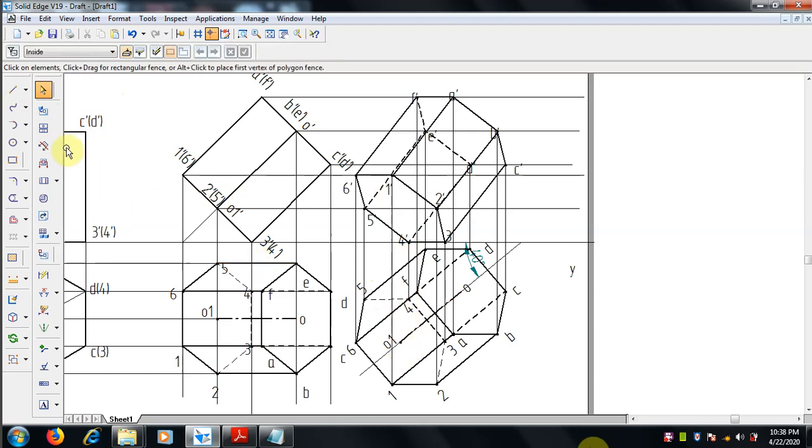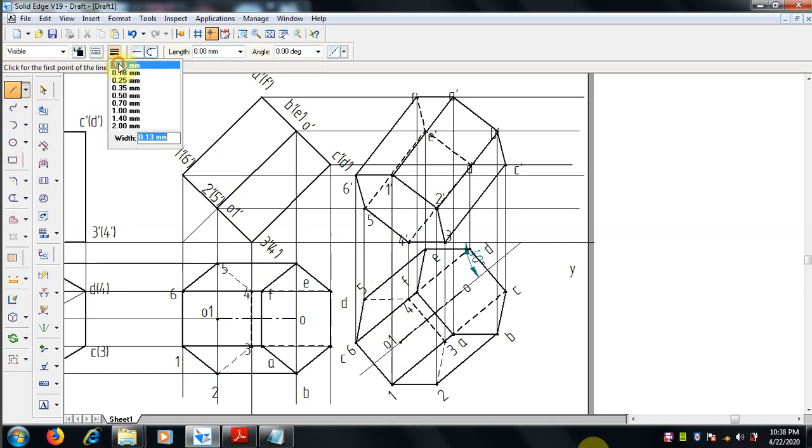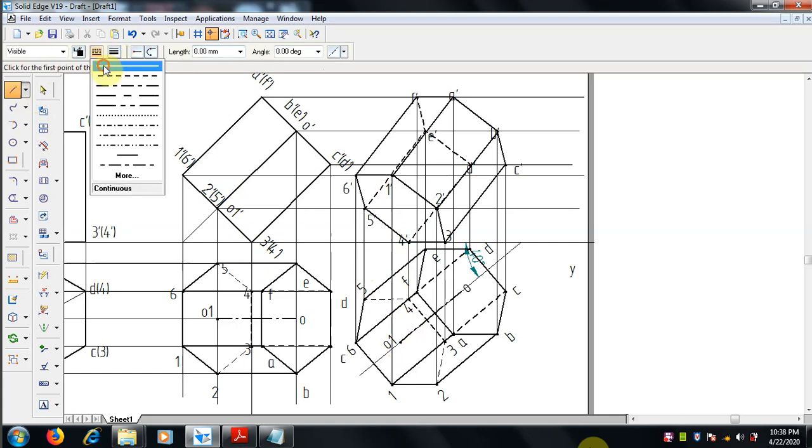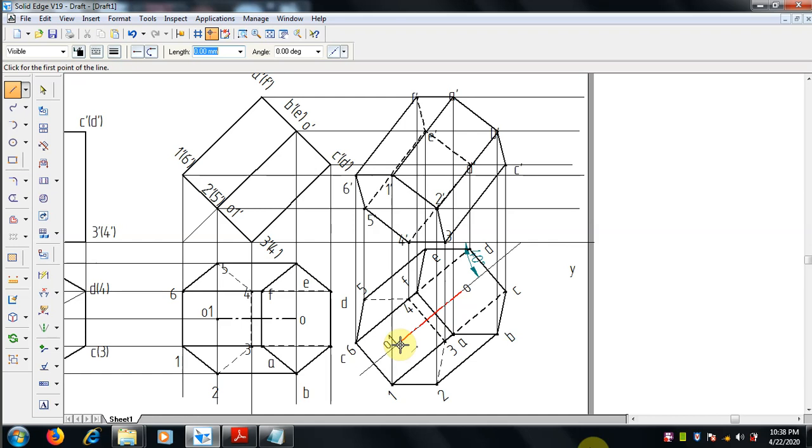Draw the projector lines for the axis. From this to here we will draw. Extend this and make a trim of it.